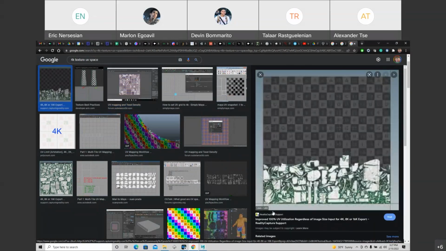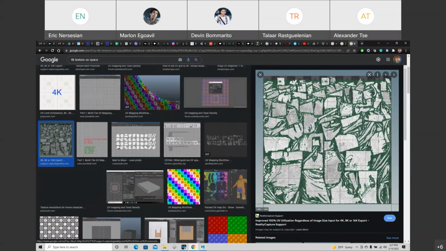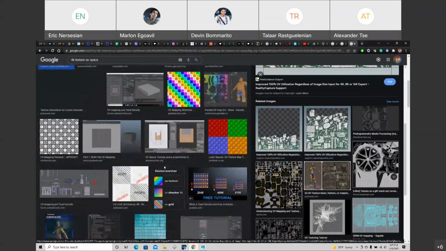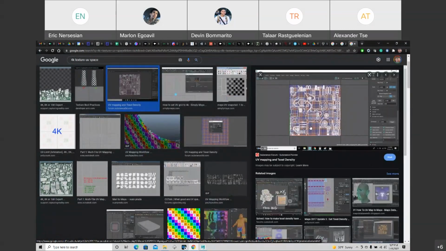Whereas something like this is a first step toward unwrapping, but they're not using up their space and things aren't sewn together. Here you might end up with something like this, where they're all laid out. But these are very complicated, very organic objects. At least with something like this, you can start to identify the machined parts that these might be.